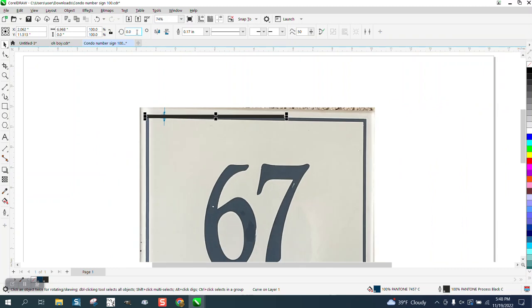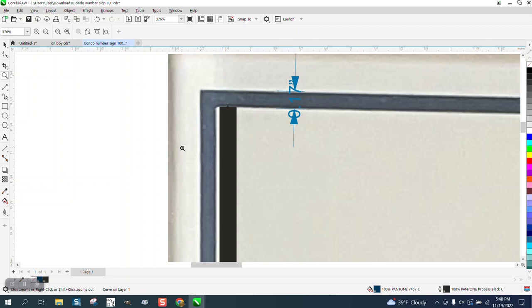Probably be better to turn it at a 90-degree angle so we could put it on this line or near that line, because they're going to be parallel to each other more so. That's pretty close,